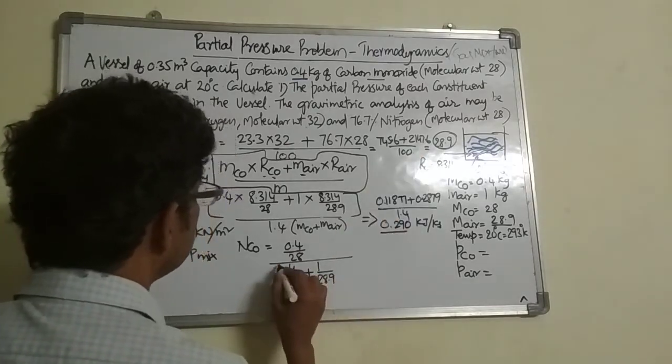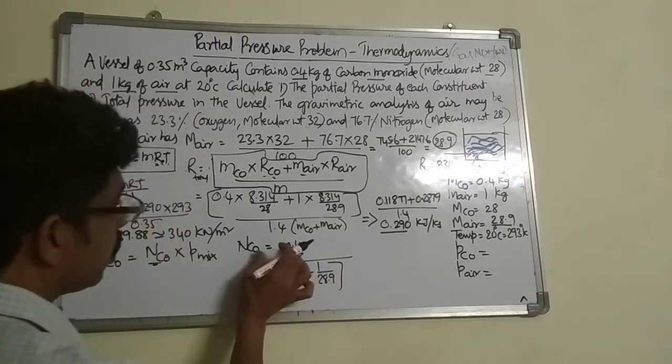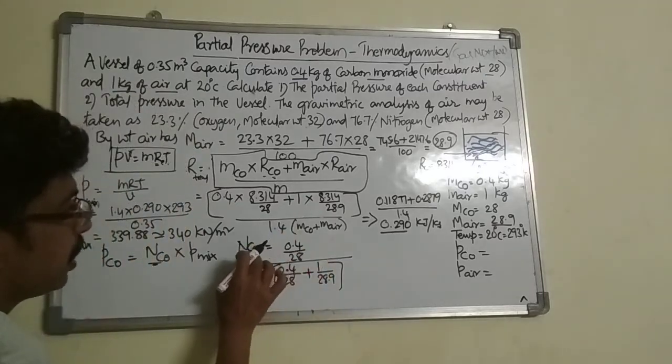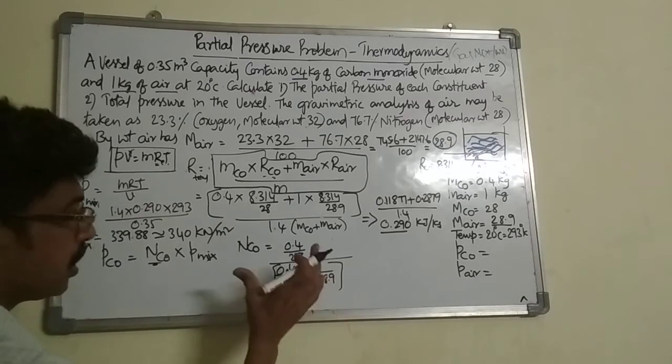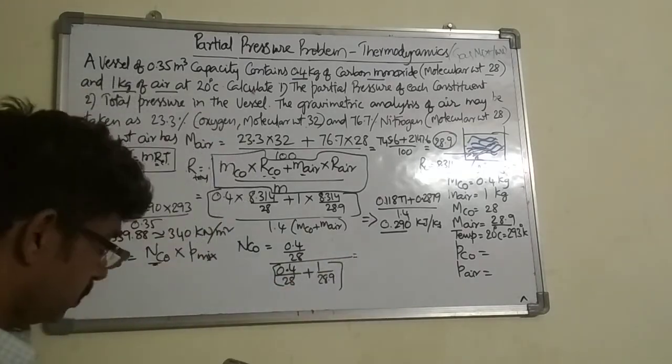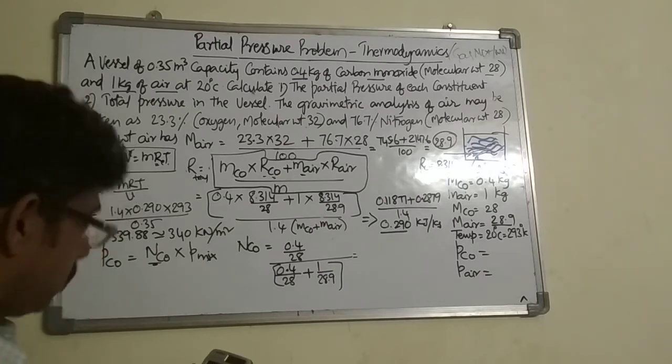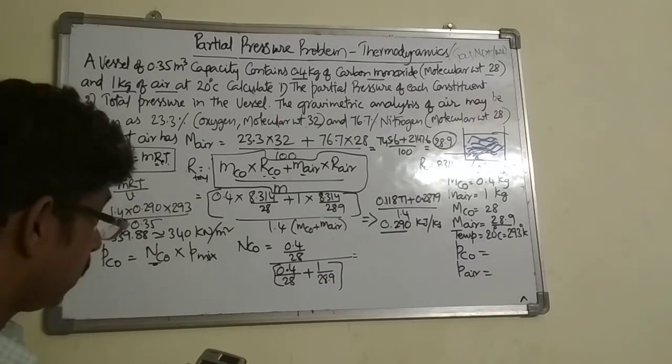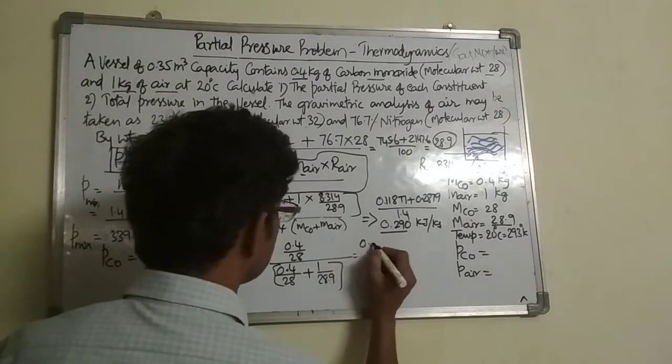So this will be giving the fraction of carbon monoxide molecules in the whole mixture. So how to calculate that: you will get 0.4 divided by 28, that is the numerator. So numerator is coming 0.01429,